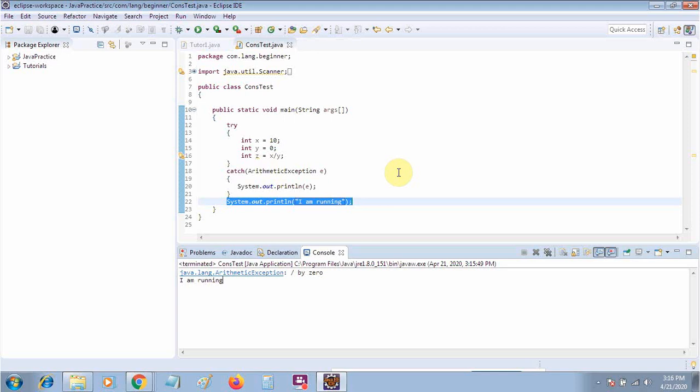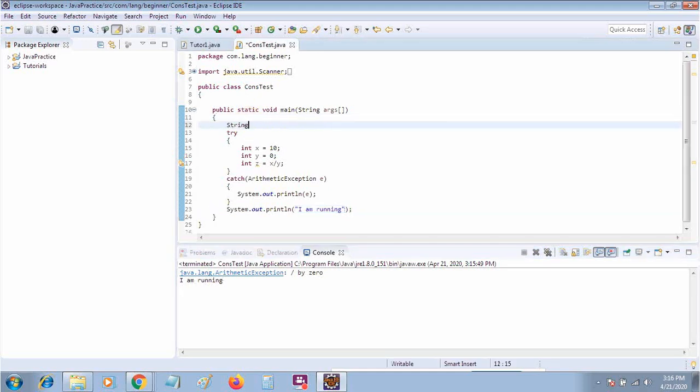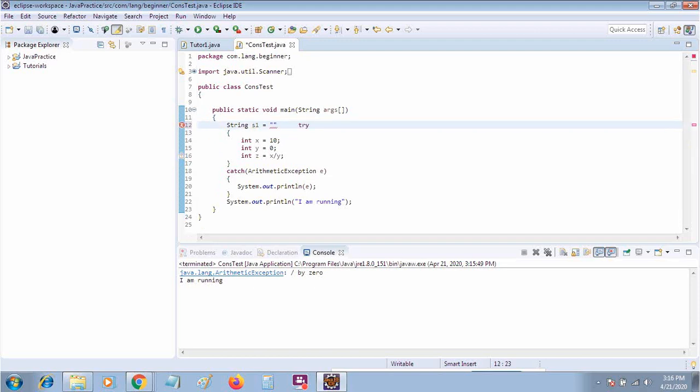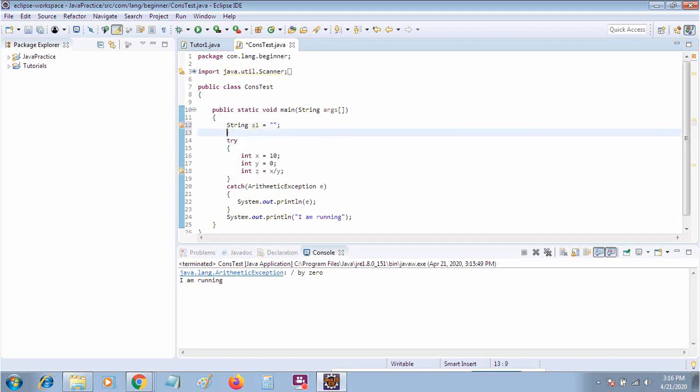Now the second exception I will discuss is the null pointer exception. Always remember, if I define a string like String s1 is equal to double quotes, that means there is a string but its size is 0. Whatever is written inside double quotes is a string.